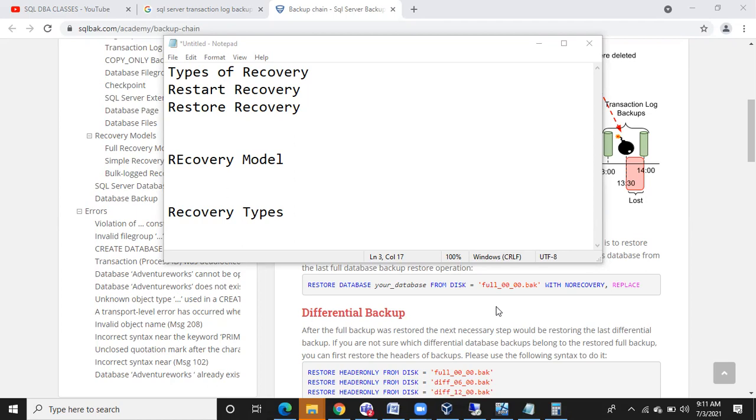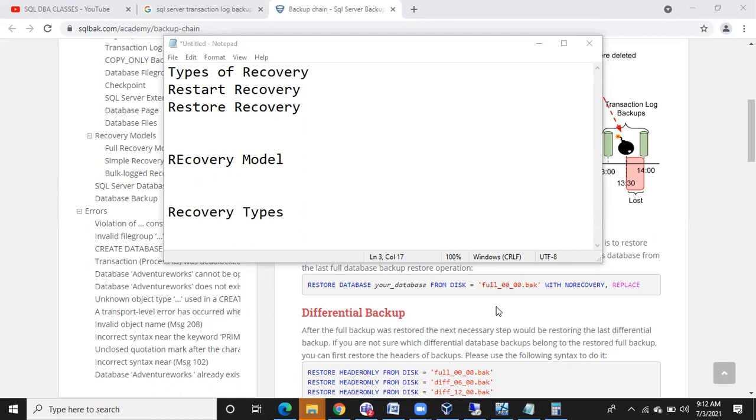Every 15 minutes we are going to take the log backup. Don't think that every 15 minutes I'll log into the server and run that log backup query. Who will do that? I am managing 50,000 databases. Is it possible to take the log backups of 50,000 databases manually? No, right? So in that situation, we automate things. Automatically, every 15 minutes the log backup job will run and take the log backups.